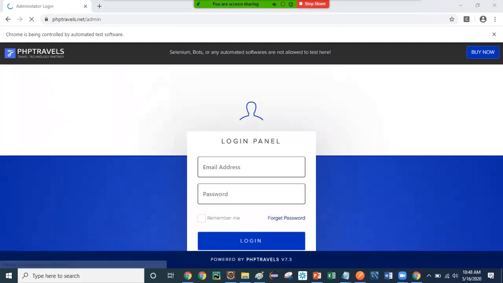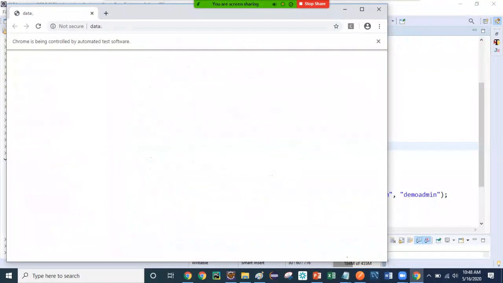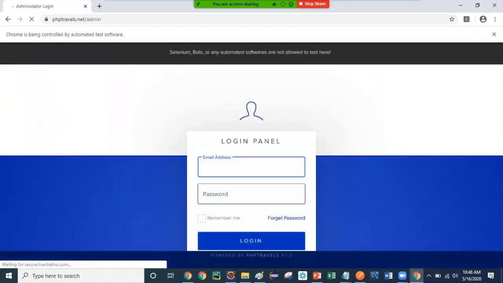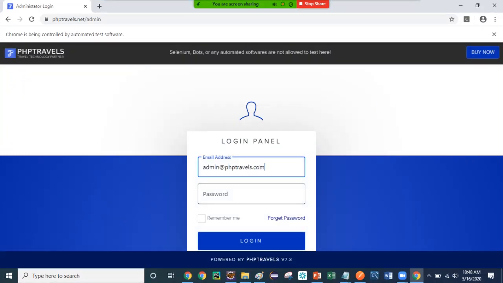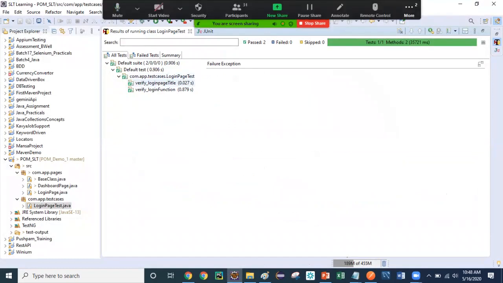You can see this is the application I use. It loads and validates the title first. Now it will load and log in again for the second test case, priority 2, and it helps us go to the dashboard page. It enters the username and password, clicks on the button, and closes down. So both of my methods are successfully done.